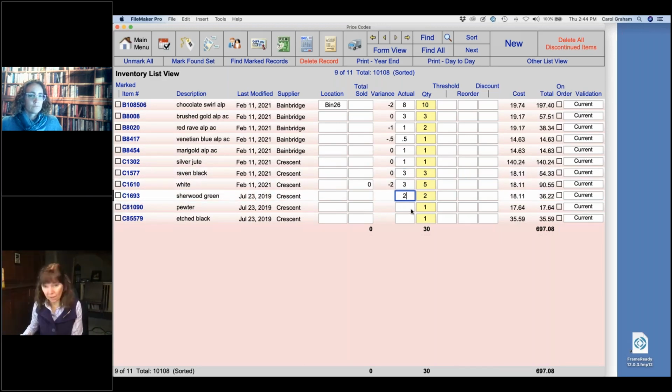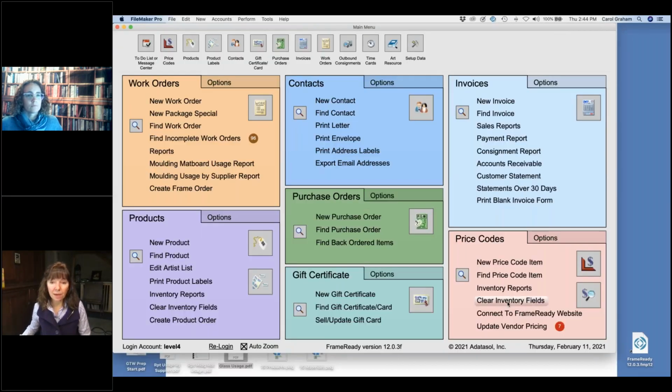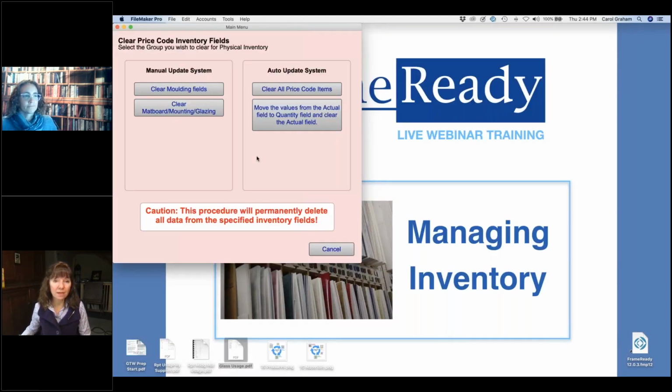But otherwise, what it will do is give you a variance report to let you know what numbers are different on here and found on the main menu. So if we go back to the main menu and go down to where it says clear inventory fields, be very careful when you're using this. When you click on this and it says clear the inventory fields, and I do not recommend this, if you were to click on clear inventory fields, it will wipe out all of the numbers that you have in your